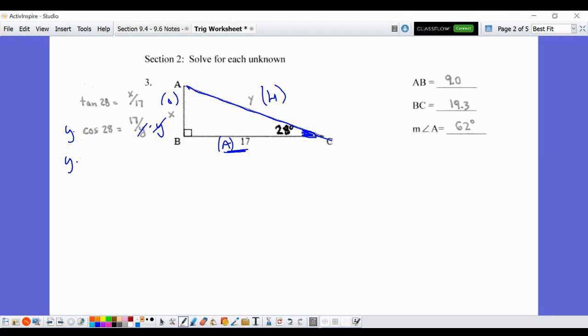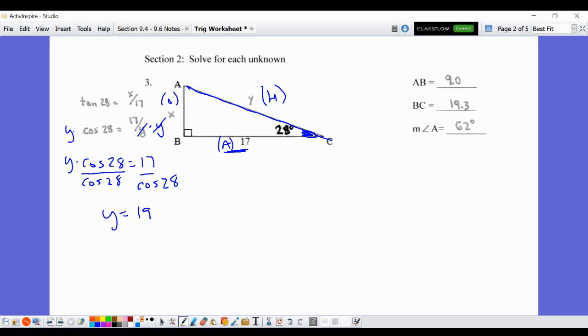That's going to give me y times cosine of 28 equal to 17. And now I'm going to divide both sides by cosine of 28. When I divide 17 by cosine of 28, that gives me the missing value for y,